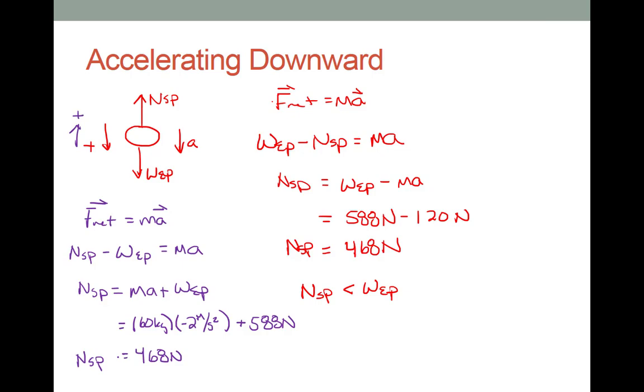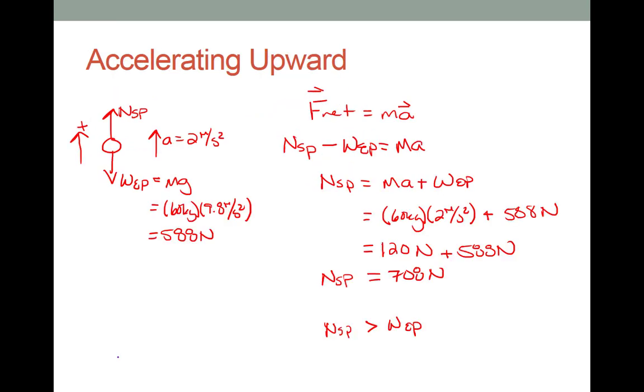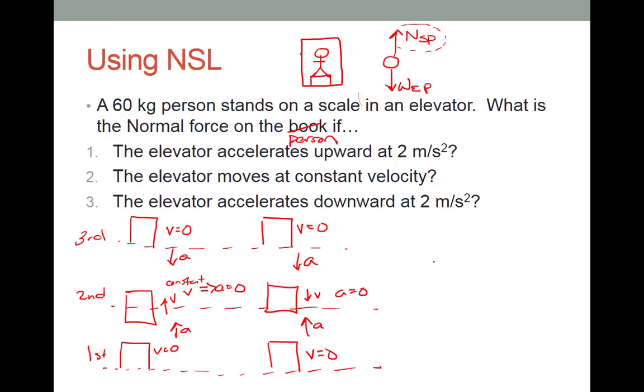Okay, now let's take our results from the last 3 slides and go back to here for a minute. What we find is when the acceleration was upward, the normal force exceeded the weight. That was when A was up. When A was 0, the normal force equaled the weight. And when A was downward, the normal force was less than the weight. If what I'm saying is true, then